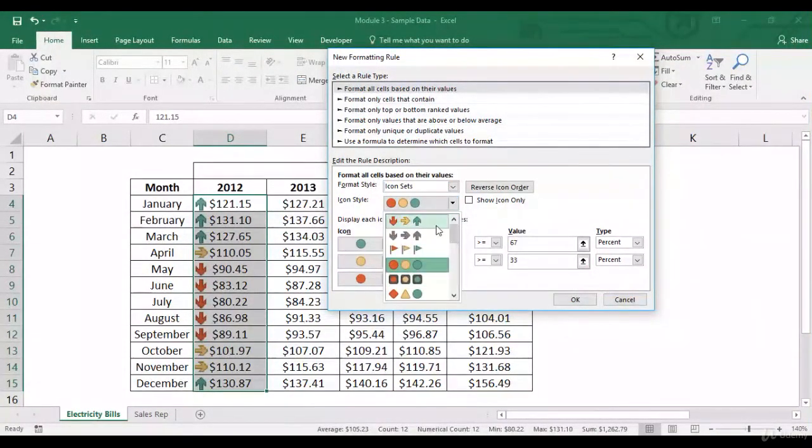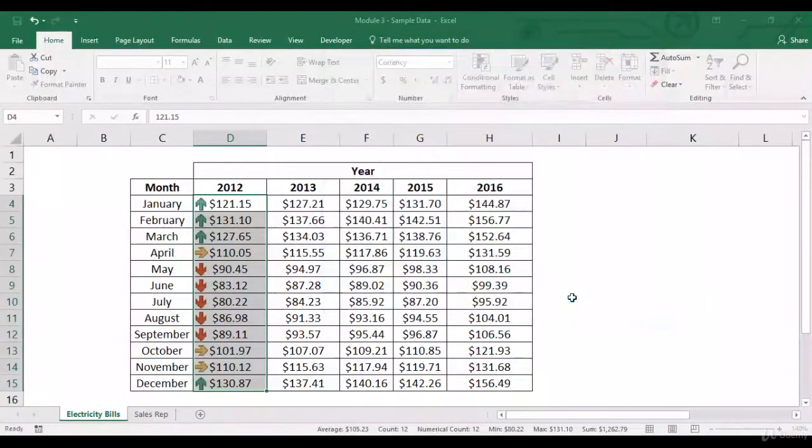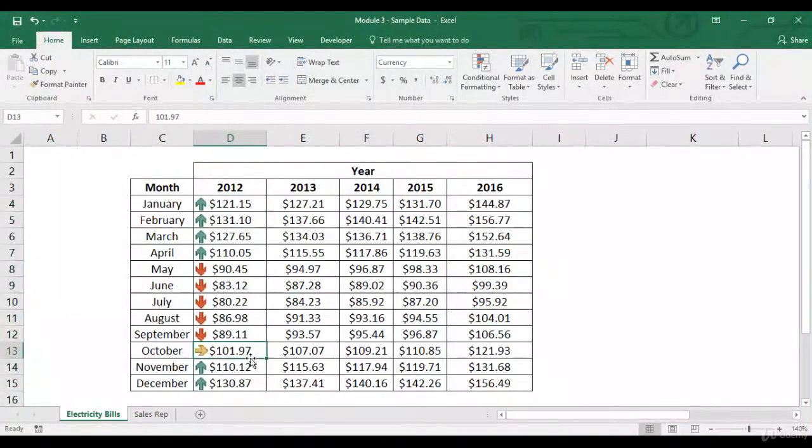Let me just select the arrows also, because it's the same formula for these also. So you can play around and you can change these values also. Let's say if I change this to 50 and this to 40, let's see what impact happens. Now for the yellow part, because I've reduced the range further, I just have one cell which has a yellow color, and the cells which were green have increased by 2.